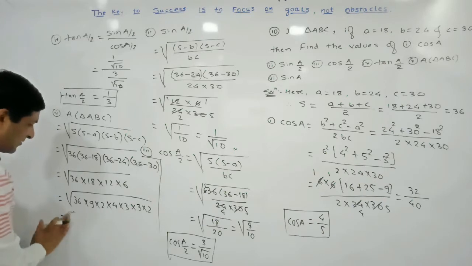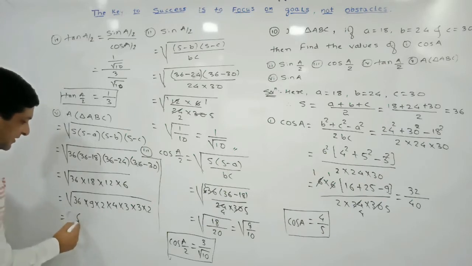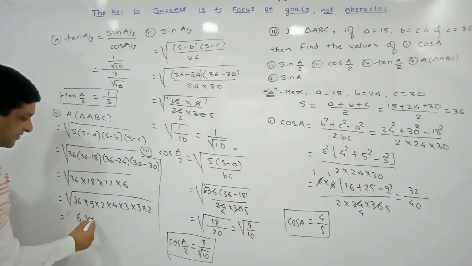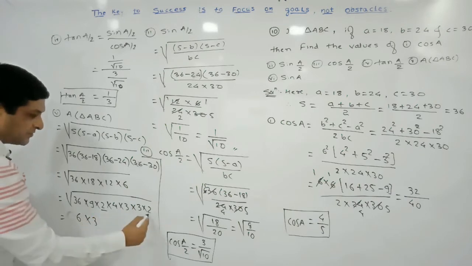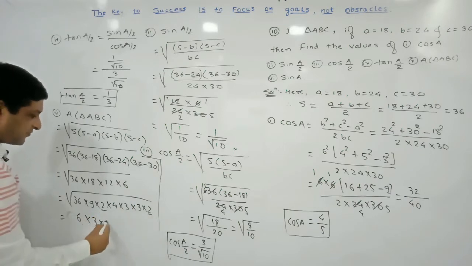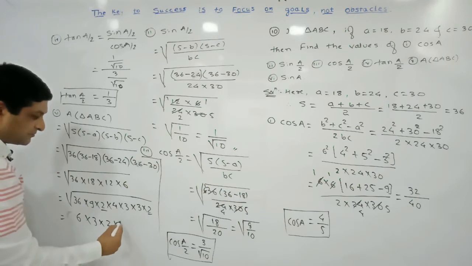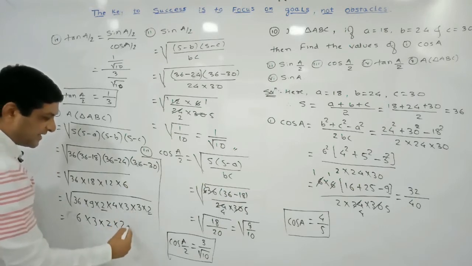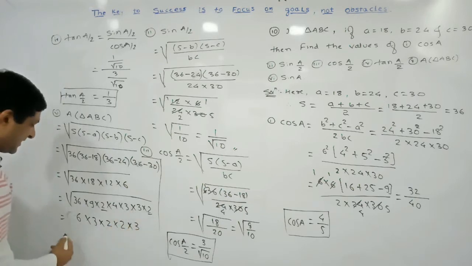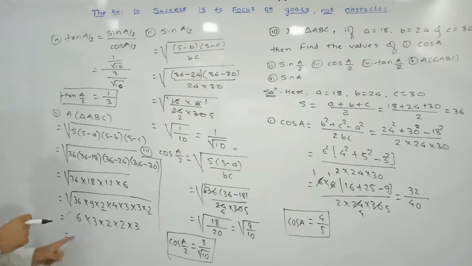So here, square root of 30, we are finding square root now. What is the square root of 36? Will be equal to 6. Square root of 9 is what? 3. This 2 into 2 is what? 4. And square root of 4 is what? 2. Again, square root of this 4 is 2 and 3 into 3 is 9. Its square root is 3. Remaining part is the calculation part. Check what we are getting here.